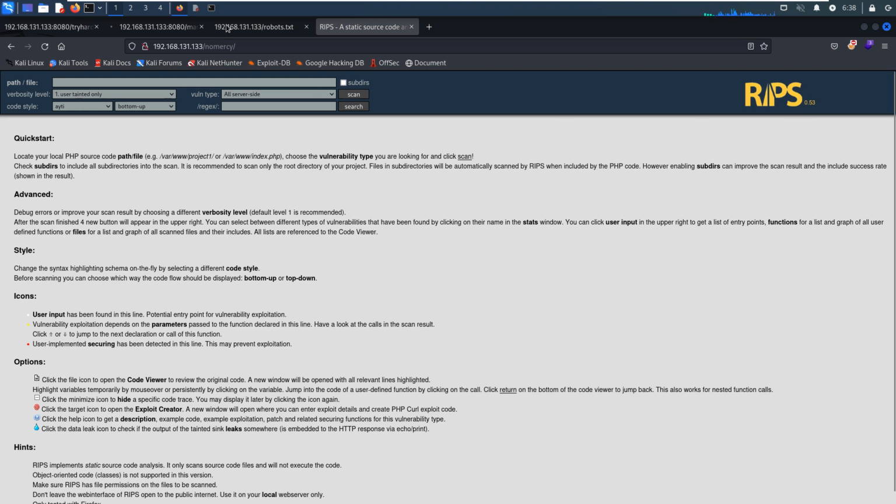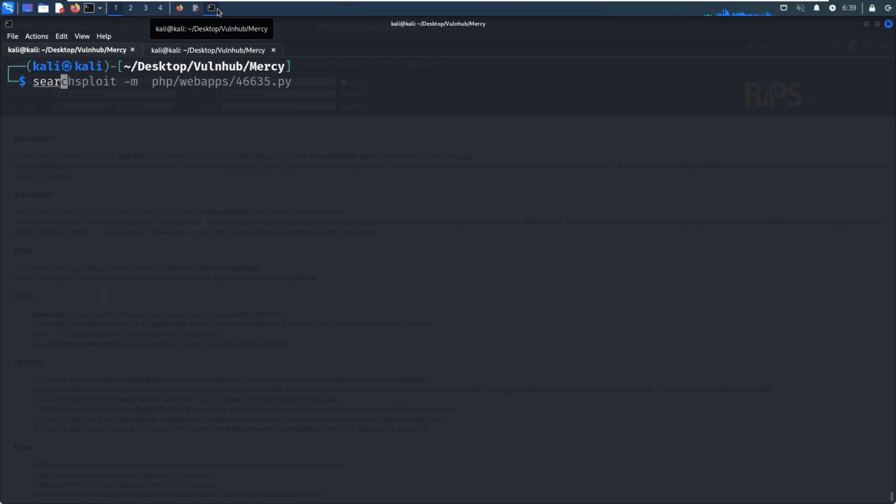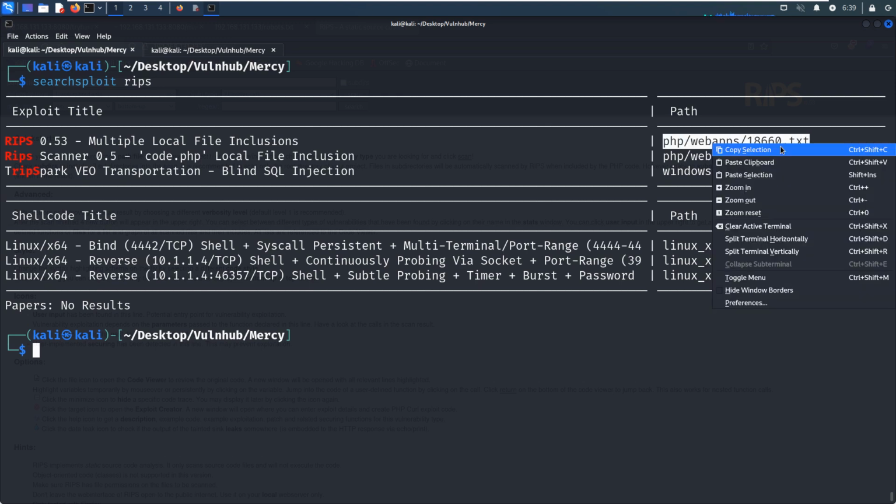So next, I think we can check whether this service is vulnerable or not. Yes, indeed, this RIPS has vulnerabilities, a local file inclusion vulnerability, and we can download or get a copy of this exploit.